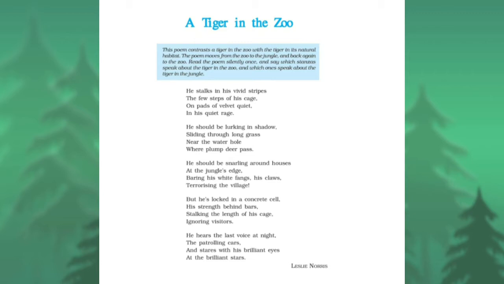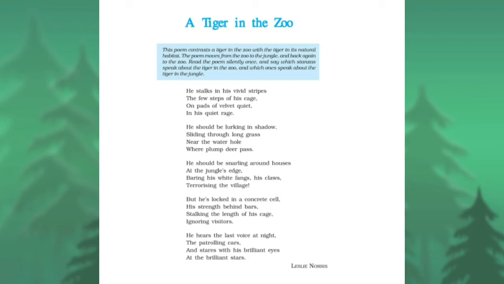You can see in the tiger's body there are different kinds of patterns, different designs, that is called stripes. The tiger has different kinds of patterns of stripes, and the poem is talking about those stripes. So the tiger looks very strong and bright with the stripes on his body, and he is moving slowly, taking a few steps of